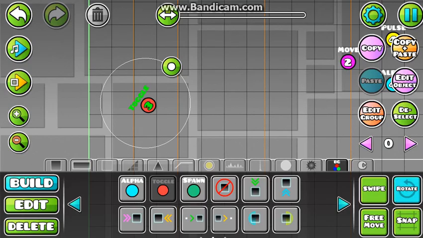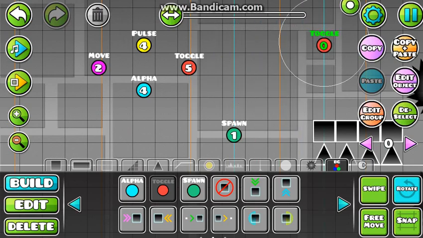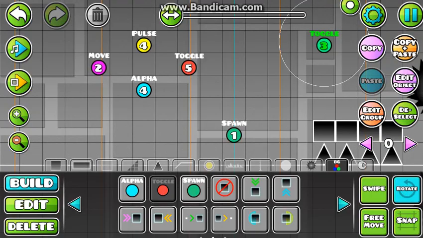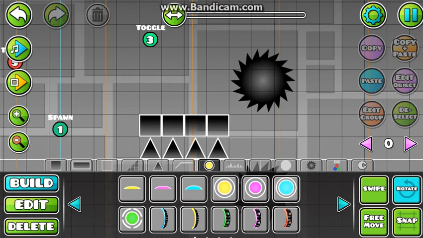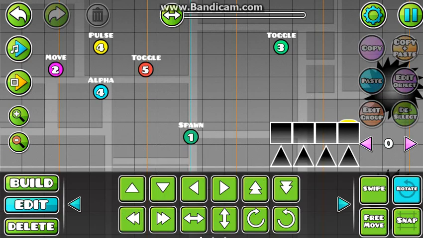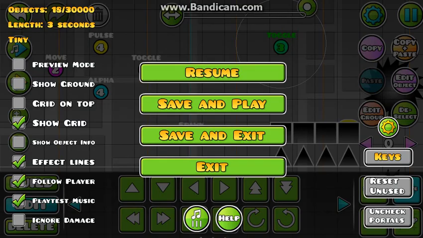Have it toggle group 3 off. And here I'll put this over here, spawn triggered, and group ID 3, and make it activate the group for this. And I'll put this in group 1, play the level,